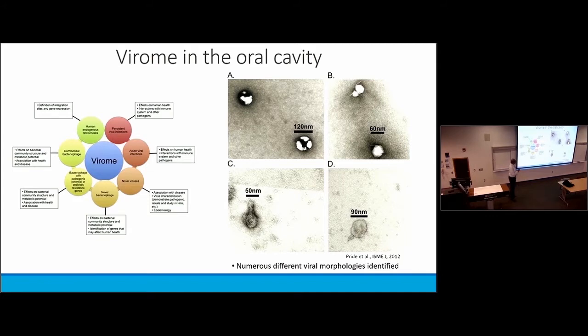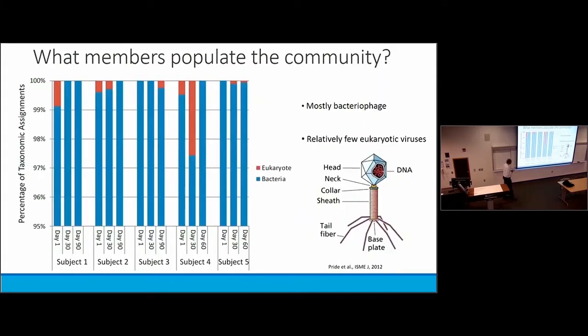So I'm actually subject number one here, and these are viruses that are present in my mouth. And while that experiment was so poorly designed and seemed like it was doomed to fail, it was actually destined to succeed. And the reason it was destined to succeed is that there were so many viruses there that anybody could have found them. So this experiment actually worked out quite well, even though if I were training a graduate student nowadays, I would tell them absolutely don't do something as stupid as this.